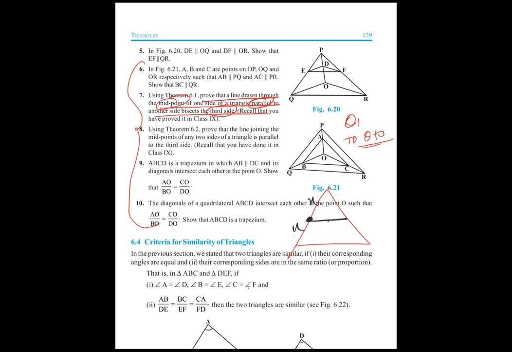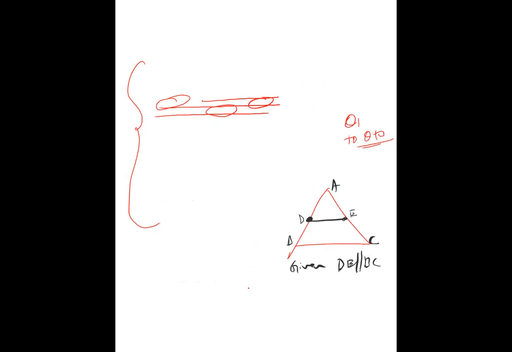So what you have to do in the exam now, you have to write this type of question as given, to prove, and proof. Okay. What is given? Given that DE is parallel to BC, like that you have to write in the exam. And also it is given that D is the midpoint. Therefore AD is equal to DB, like that you have to write. Then you write to prove: to prove now that E is the midpoint, right? Or AE is equal to EC you want to prove.